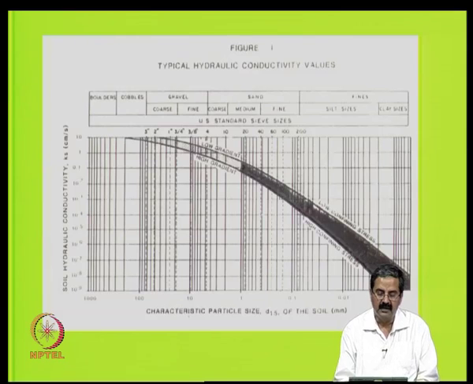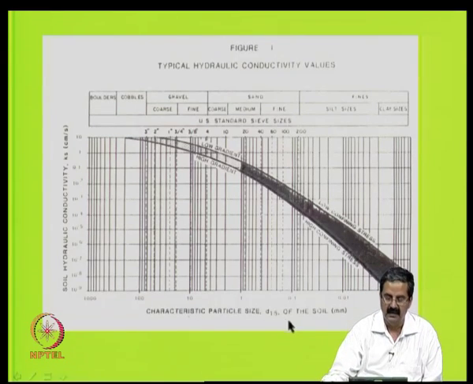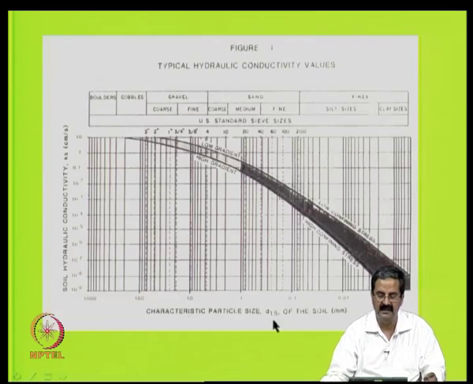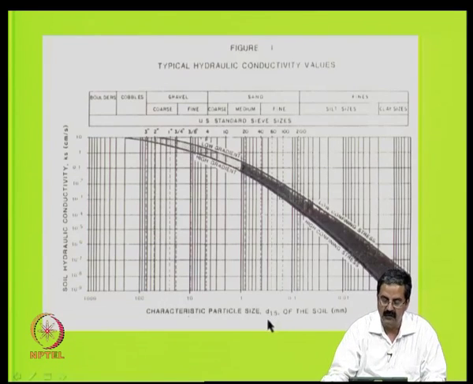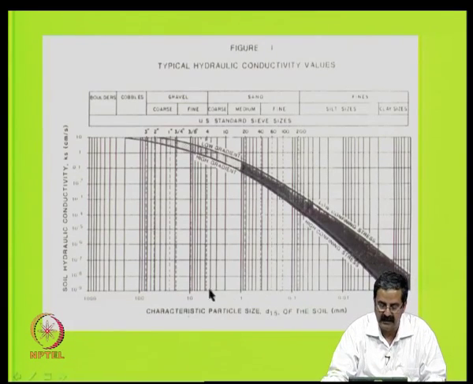Actually, this is another important relationship. This is called typical hydraulic conductivity values. In fact, if you know the D10 of the particles, you know how to get the K value. That relationship is given here, instead of D10, this is the D15 size, and if you know the D15 size of a particular material, you can find out its permeability, and if you know the confining